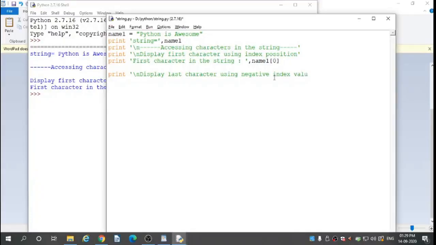Single quote completed. Enter. Print in single quotes last character in the string is colon, single quote completed, comma, name1 in square bracket -1.